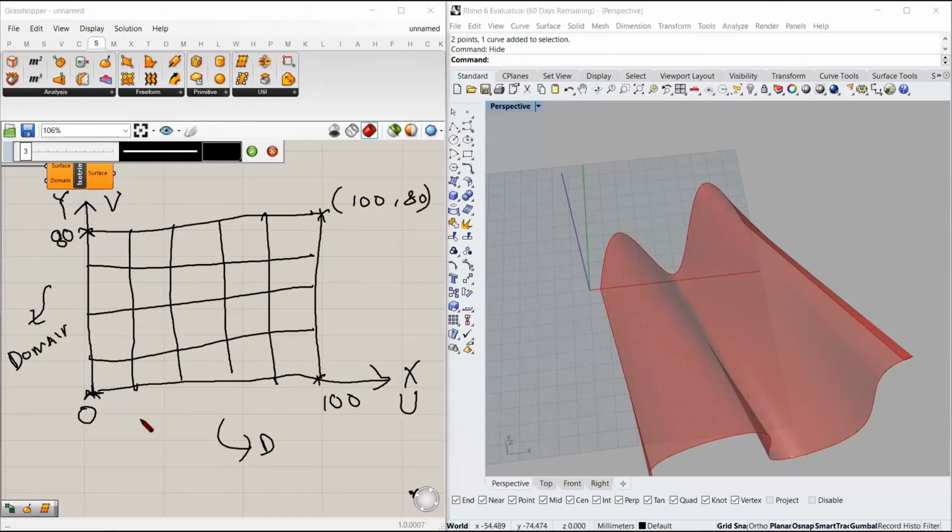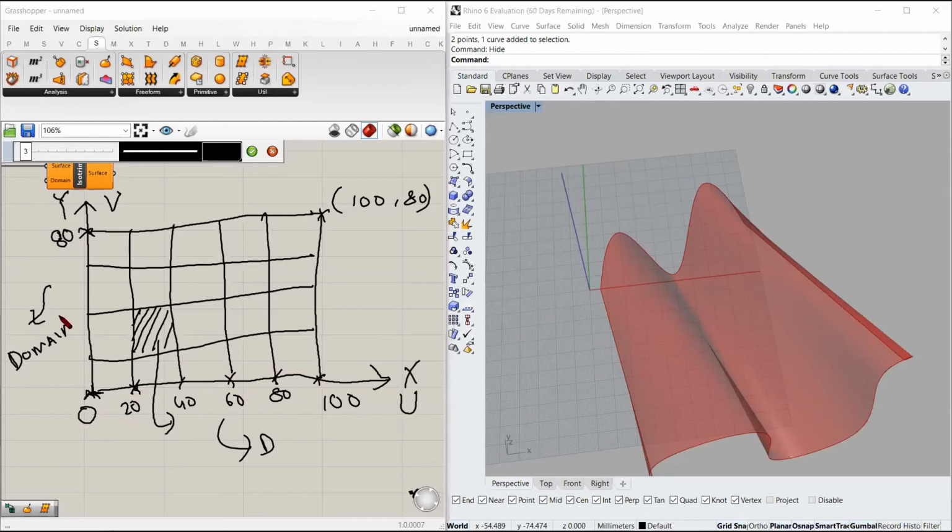So suppose we divide it into 5 and 4 respectively. Now, if we want to evaluate the domain of, say, this surface, so in u, this point becomes 20, this becomes 40, this becomes 60, this becomes 80, because we have 5 segments and the range is 100. So we divide 100 into 5: 20, 40, 60, 80.